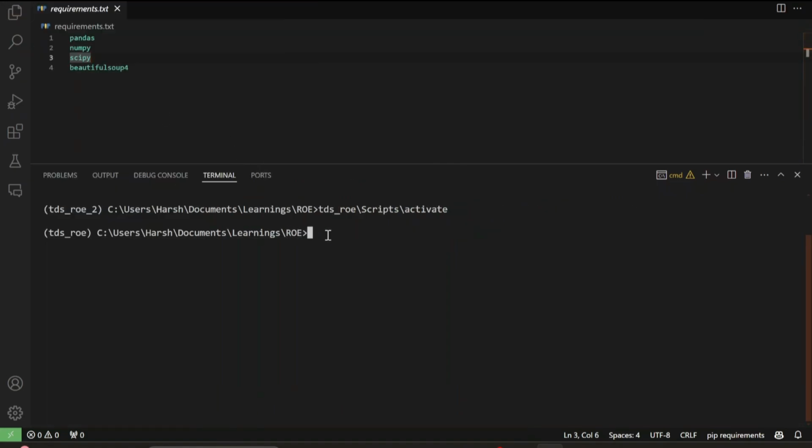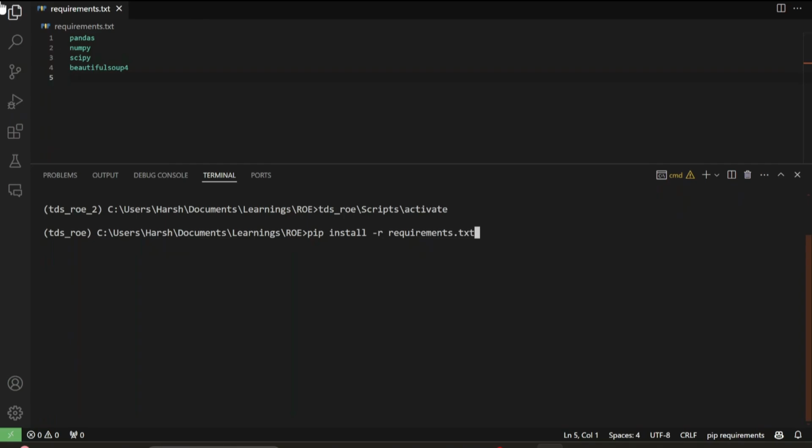created to keep things separate, and requirement.txt is an easy way to install things. It means you can just write the library name here and just do this. It means it is already created, so it will not show anything. But you can do pip install. Pip is, by the way, the Python package manager. So pip install -r, where r means requirement,